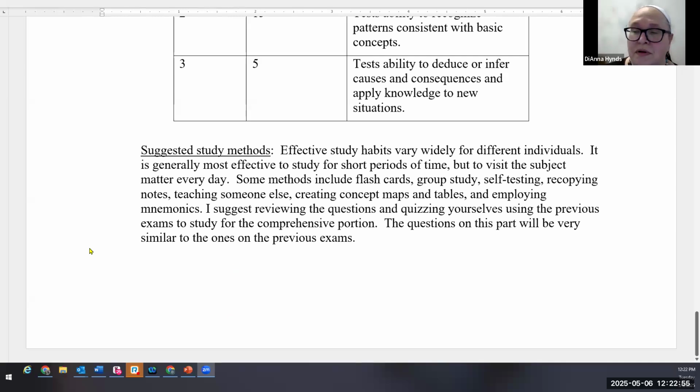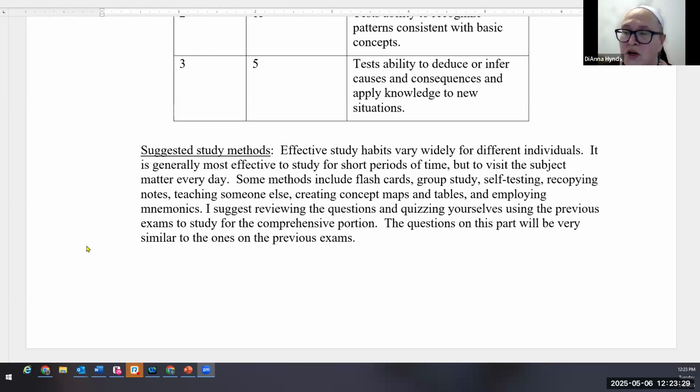Use the study methods that have been effective for you. As a class, you guys are doing great. The average on the exams has been right there at a B level, so you know how to study. Use the things that work best for you. If group study works for you, by all means, try to do that. I did try to set up groups. I'm not sure if you are utilizing them, but those groups are still there if you want to use them for the final exam.